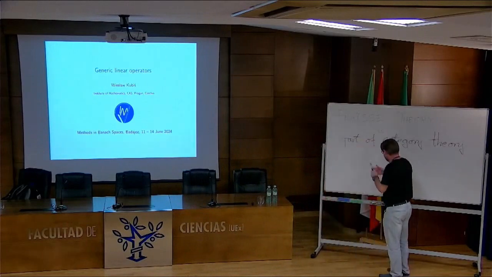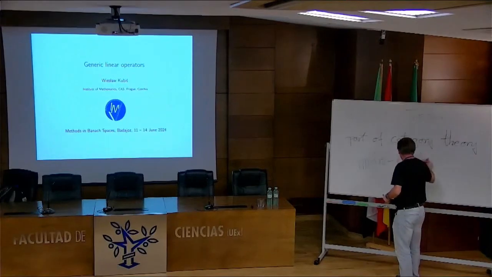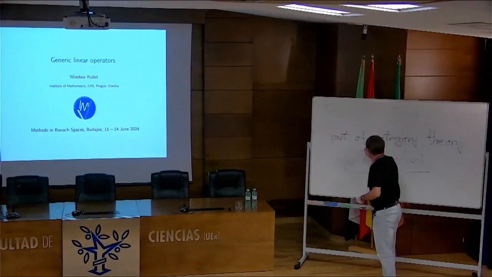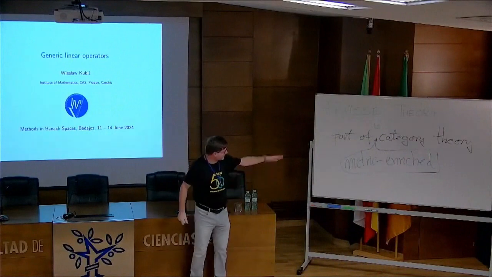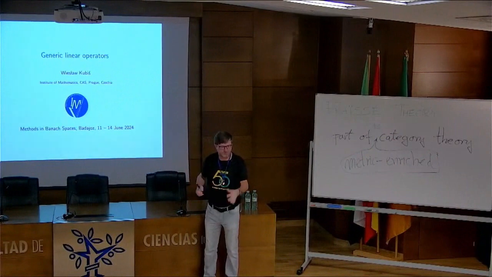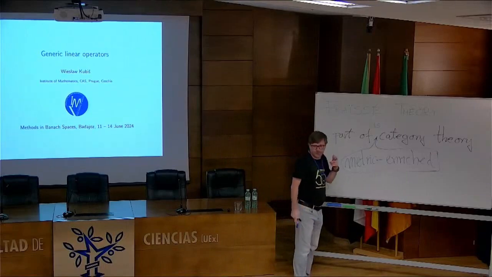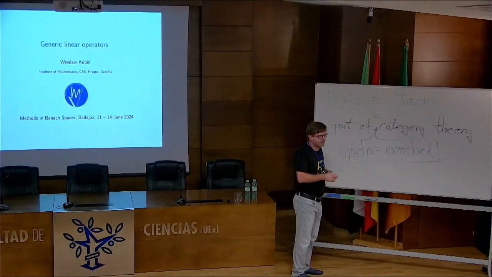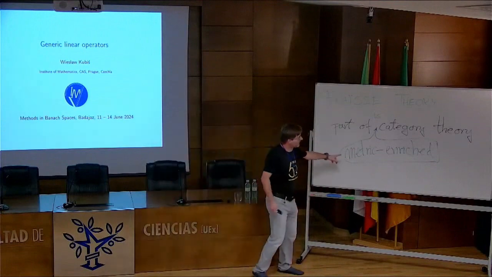So I'm trying to write big letters so that it is visible: metric enriched category theory. And what does it mean? I'm talking about this because maybe my slides will be more understandable, that everything behind is category theory and very basic things like chains, or functors from the natural numbers into some category, and push-outs occasionally. So what does it mean, metric enriched?